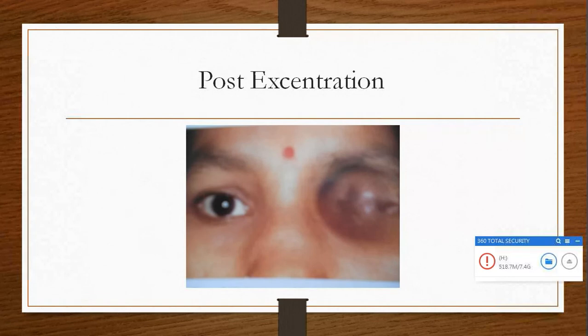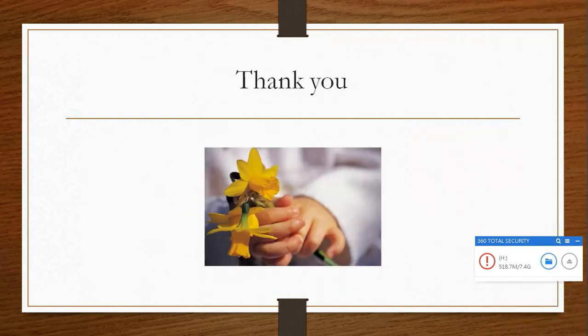Whenever a patient puts on the spectacle, the three-dimensional figure of the eye will be there in front of the exenterated orbit. So looking at it, it looks as if the patient is having the eye, but actually it will be an empty orbit. Better cosmesis will be given if the patient wears the ball prosthesis, a sticking ball prosthesis, which is costly. It is custom made and it ranges from 30,000 to 1 lakh. So this ends our surgical